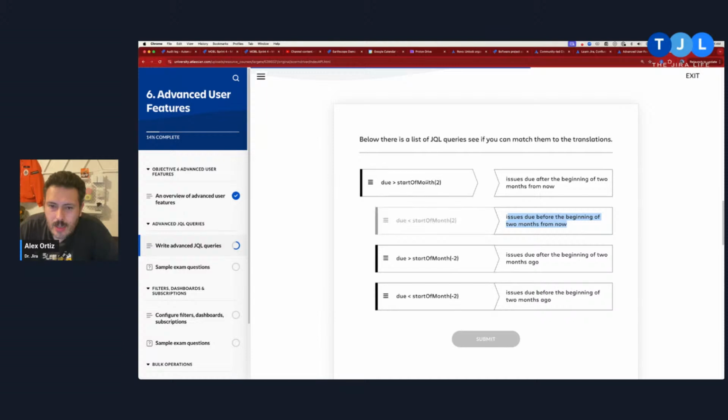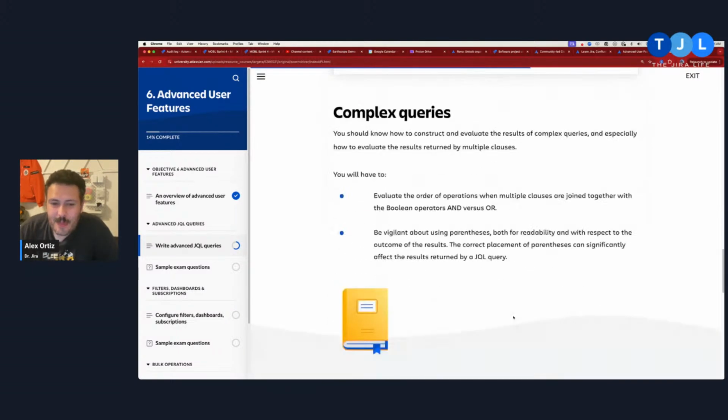And then I'm going to go with this one like that. Let's see if I'm right. I might have both of these flipped, but let's see, because logic is hard. Hey, I got them all right. Cool. That was surprising.